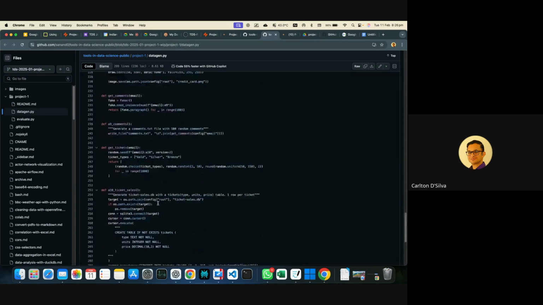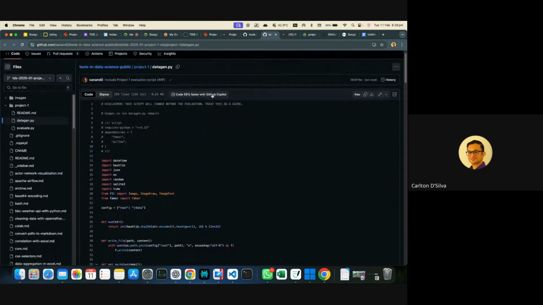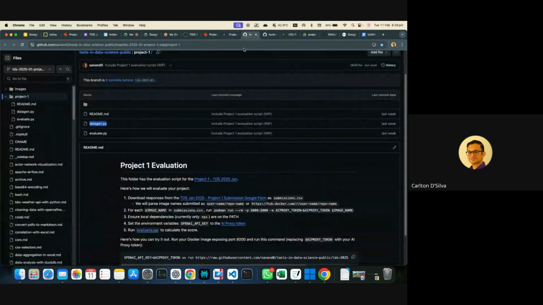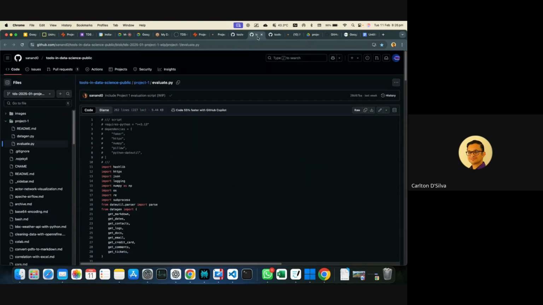Okay, so if you scroll, this is the data gen file. This is the file that is being generated. So this is one aspect of it. But if you look back at here, there's an evaluate. This is a more important file. The evaluate.py file